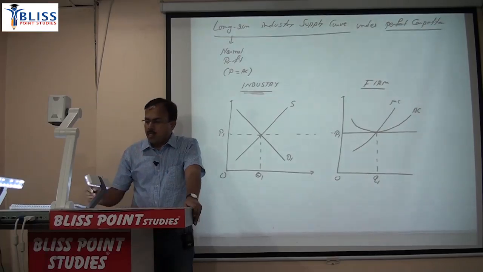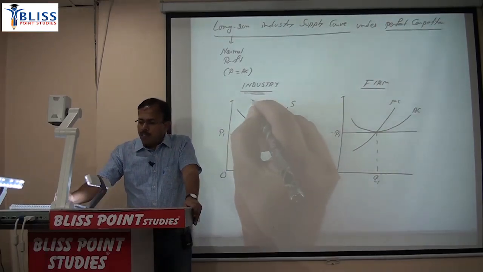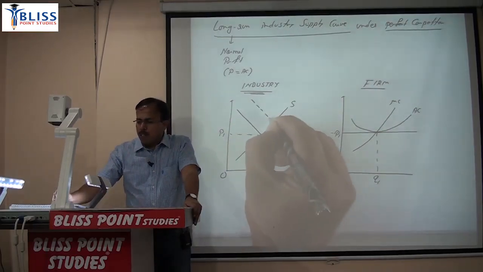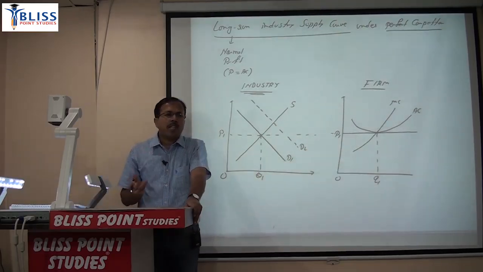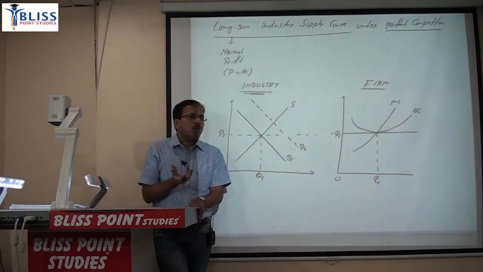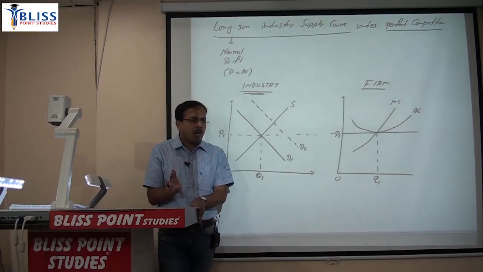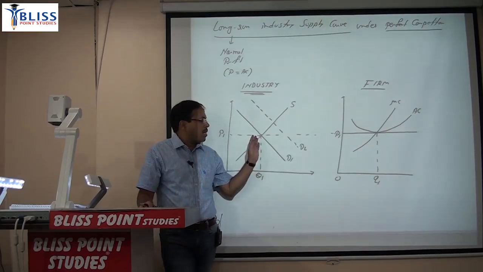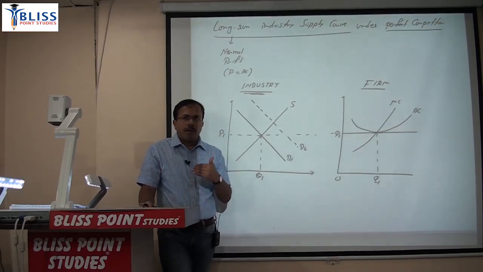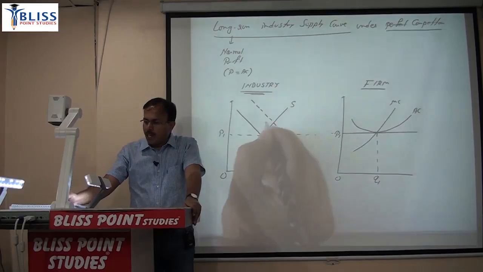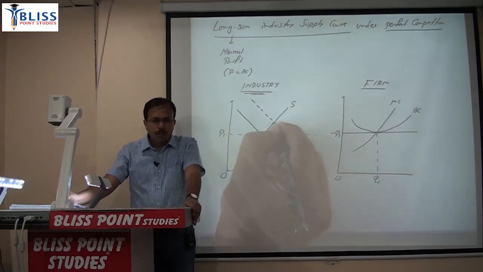Dynamic in the sense, suppose demand curve shifts, that means market expands. Now demand curve can shift because of any reason. There is economic growth in the country, GDP increases, per capita income increases. As income increases, demand curve will shift to the right. Or taste and preference changes, demand curve again shifts to the right. Now if demand curve has shifted to the right, then what is the effect on price? That price will